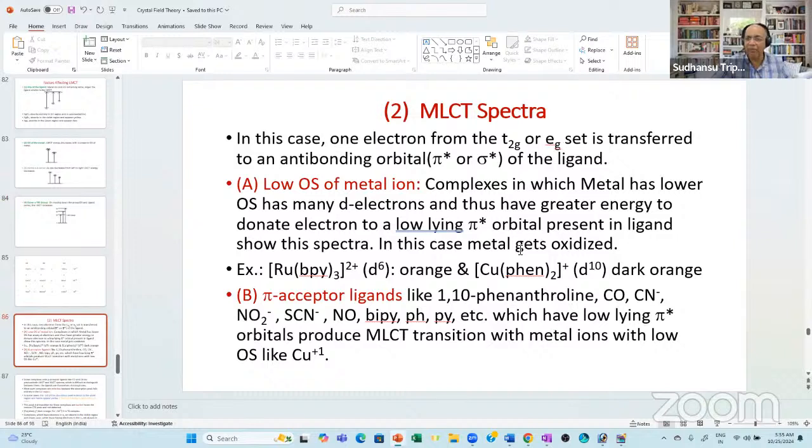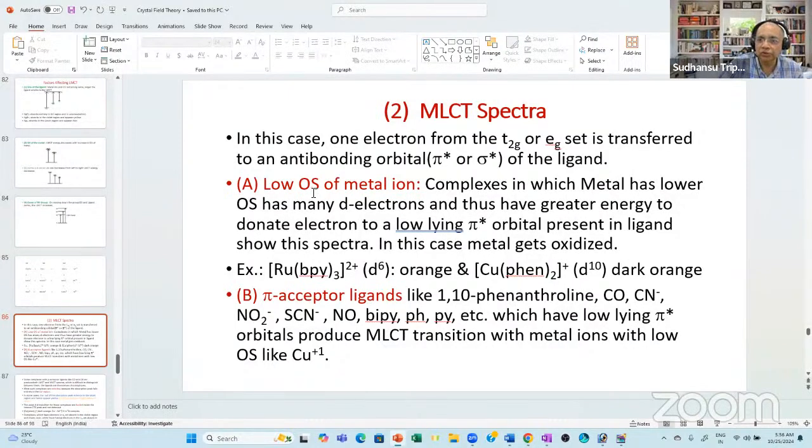And then we talk about ML spectra. This is metal to ligand charge transfer, and that has two requirements. One, the oxidation state should be low. In LMCT they are high, and the number of d electrons should be at least 0, the minimum 0, or maybe 1, 2, like that. High oxidation state there, but here the oxidation state should be